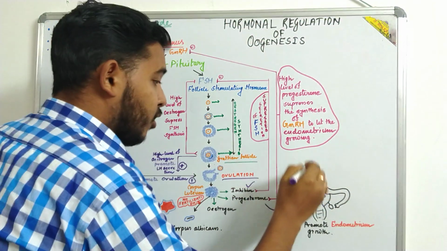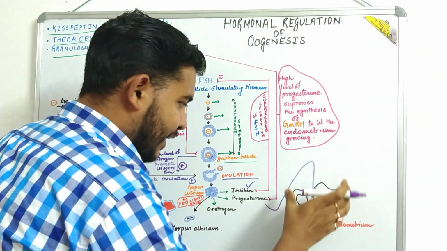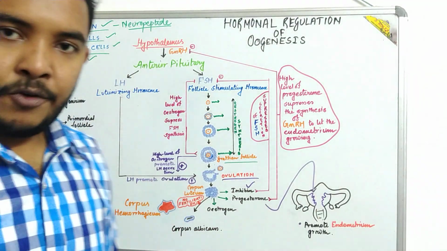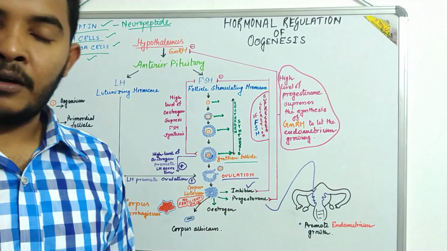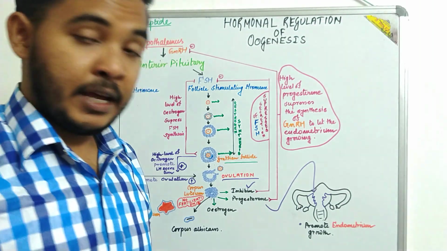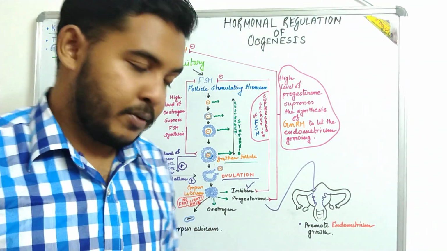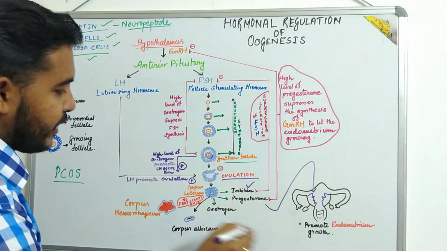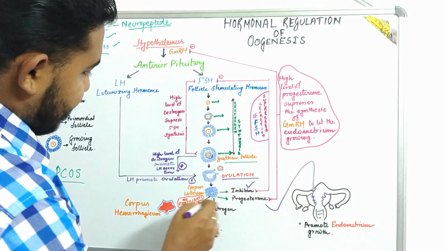Progesterone also develops the endometrium. The endometrium is the wall of the uterus of the female where the fertilized ova, or you can say the zygote, gets a chance to sit and grow into a mature baby. And there is very little amount of estrogen. Here you can see I have written something.